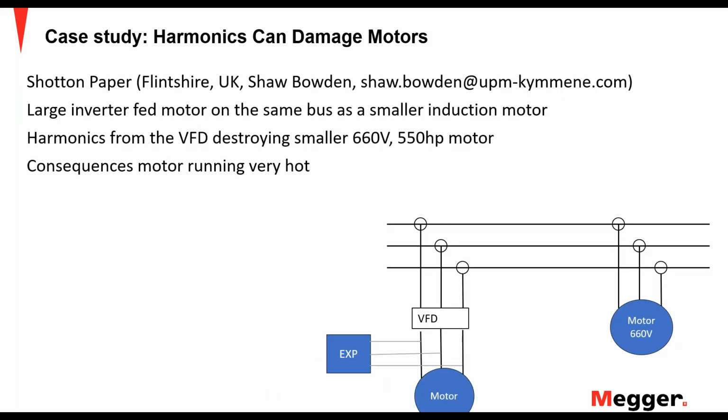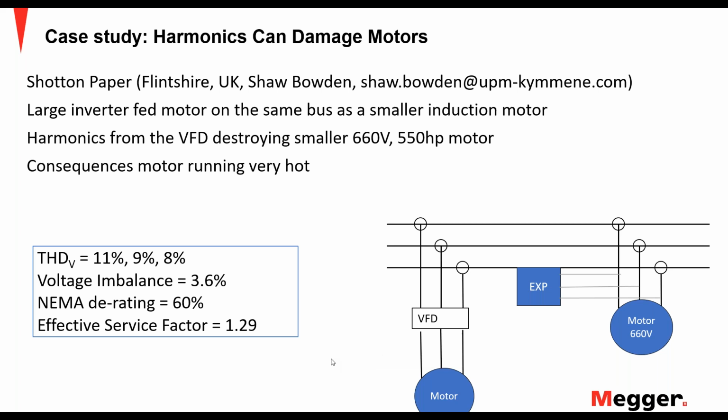So here's a case study. It was done at a paper mill in the UK. They had a large inverter-fed motor on the same bus as a smaller induction motor. If you put the EXP onto the motor that's being fed by the VFD, everything is fine with that motor. But then if we take that EXP,